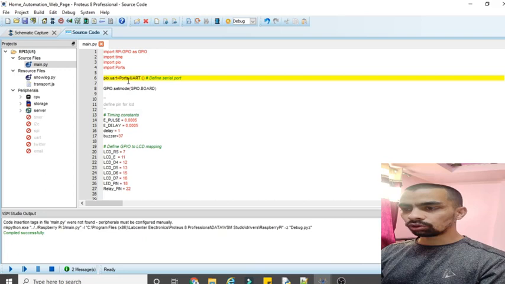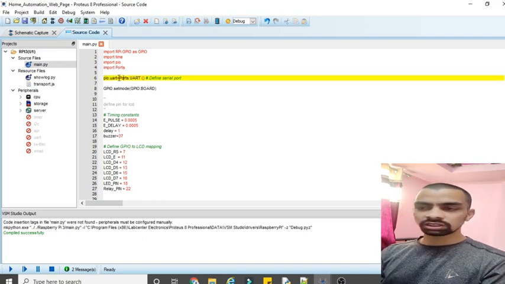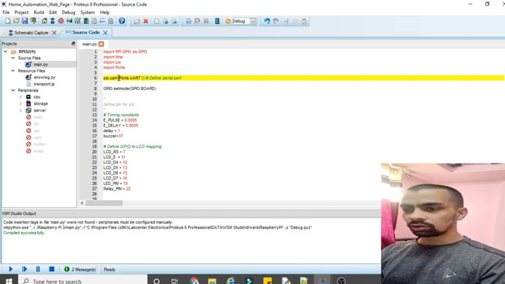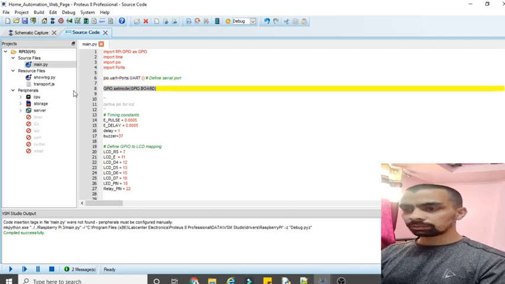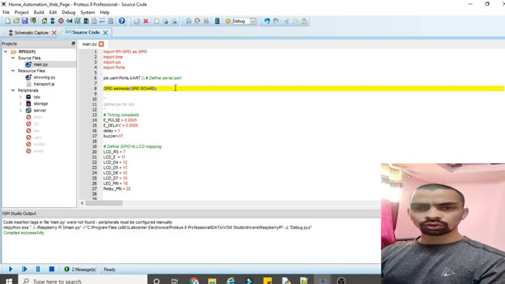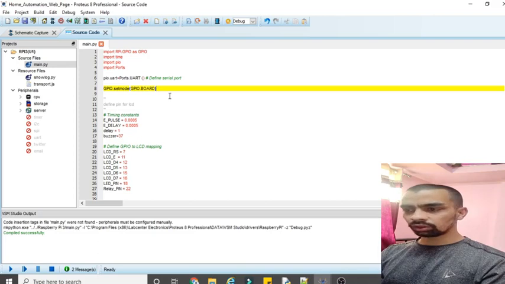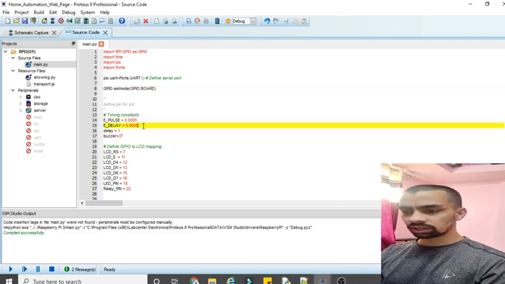Now next line is the port.uart function. So port.uart is nothing but one variable that is created based on this package. If you want to use serial communication in your code, you require this line. Now next part is GPIO.setmode as GPIO.BOARD. Raspberry Pi can work in two modes, Raspberry Pi board or Raspberry Pi BCM chip. So if you want to use the Raspberry Pi as a complete board, then you have to use this line. Now next line there are some delays, we will use this one later.